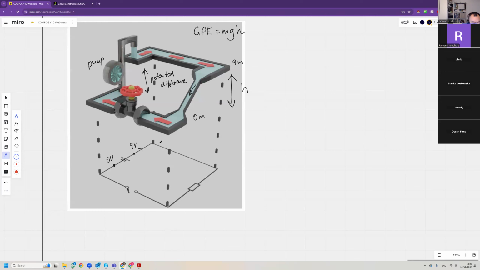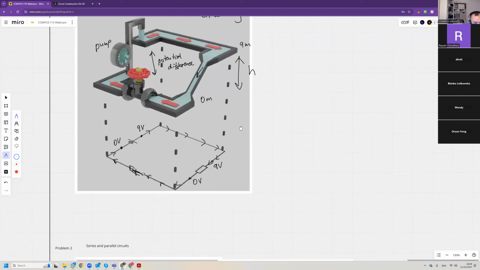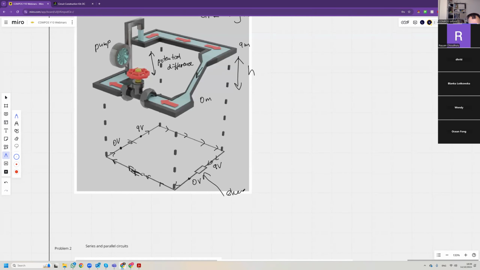Then the current, the charge flows through that resistor. So here it still has 9 volts. The potential is 9 volts, and as it passes through the resistor, it loses back to 0 volts, and then, if this is closed, of course, comes back to the battery to raise the potential again, go to a higher shelf, and then fall down from the top shelf and do some useful work on the way down. So electrons do useful work